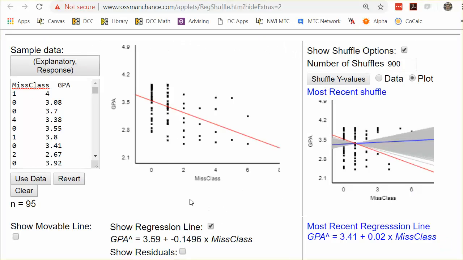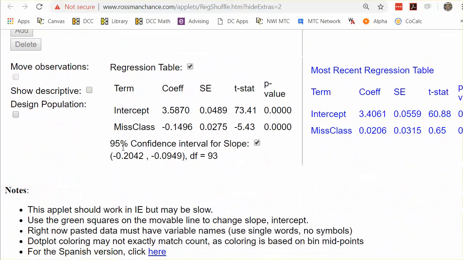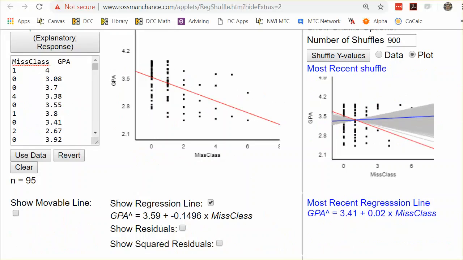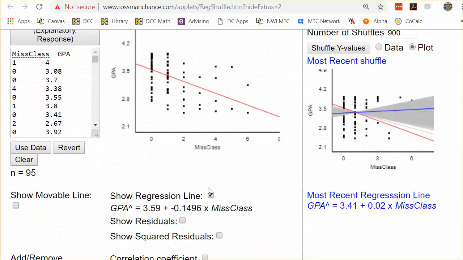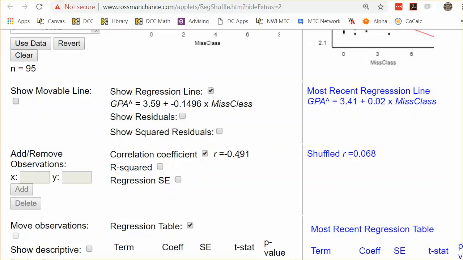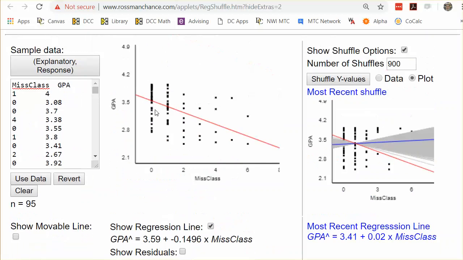And just if we go back to the applets, we talked about the confidence intervals, talked about the coefficient, the p-value, the t-statistic, seeing the null distribution. So again, this is various slopes. Another thing is we could have done the same thing for correlation. If we get the correlation, that's negative 0.49. So that's a moderate negative correlation. The r-squared value is 0.24. So this is saying that something around 24% of the variation in GPA is explained by the number of classes